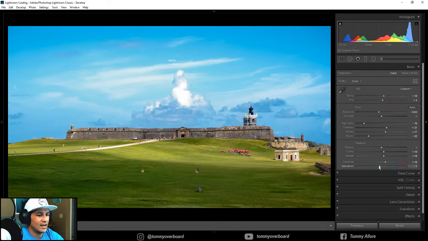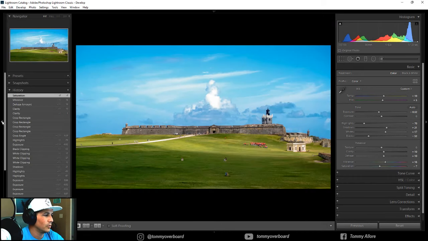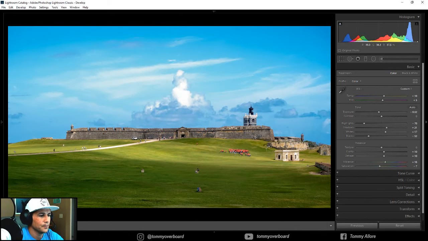That looks a little bit more natural. I think, go back really quick. I think before it didn't quite look as natural. So I'm liking that. Looks pretty good. All right. So I'm going to get my